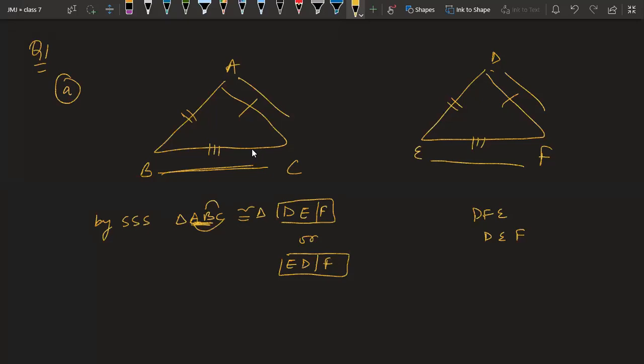BC is equal to... yes, BC equal to EF. So, BC is second and third position, EF is second and third position. That is why this is correct and this is wrong. Okay, that is why we gave the name as DEF. Now I hope it is clear to you, Mokshita.